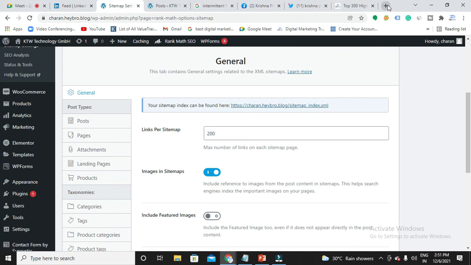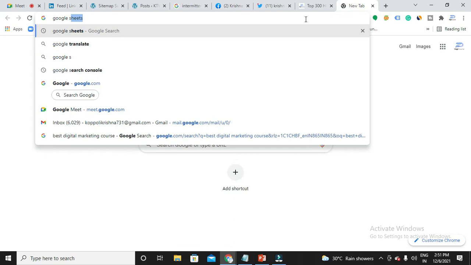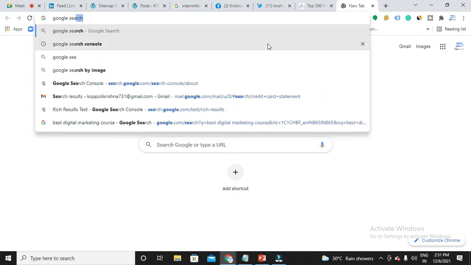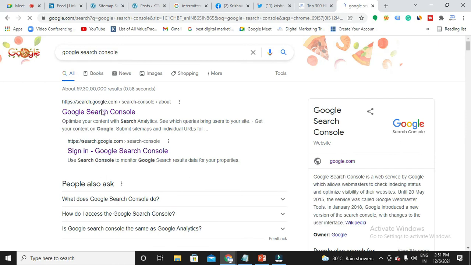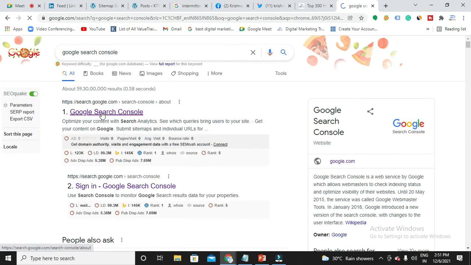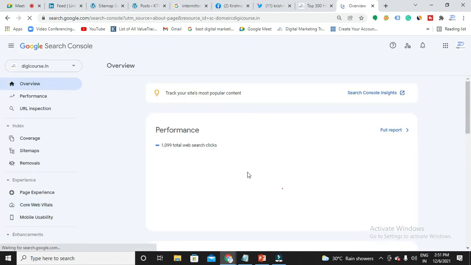So what you just have to do is open your Google Search Console now and upload your sitemap over there. Earlier it was very difficult to have a sitemap, but now, due to these plugins, it has become much easier. Rank Math directly creates a sitemap for you, so you just have to open your Search Console and then upload it. So now open your sitemap here